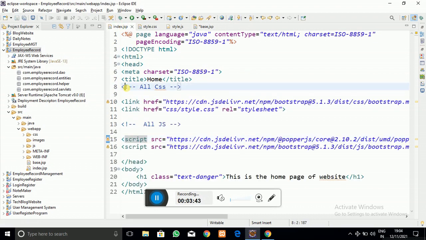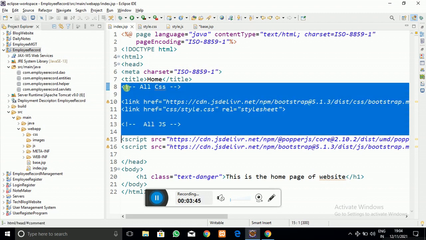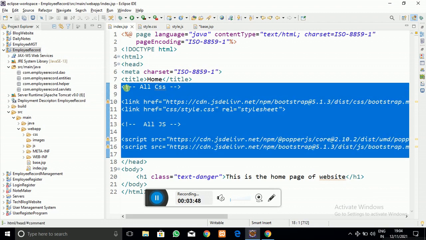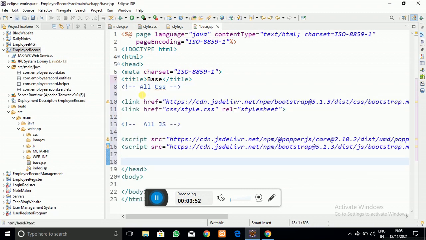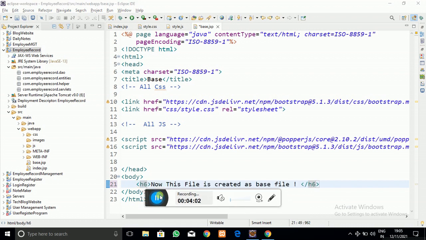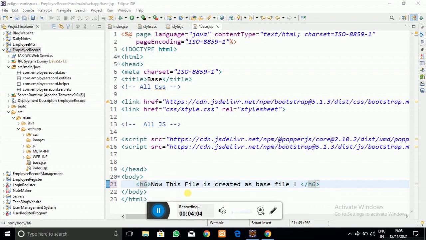Just copy all the CSS and JavaScript CDN links and our custom link also, and paste them into the base.jsp file. And now to see the effect on the base file, let me add some text. Now this file is created as a base file.